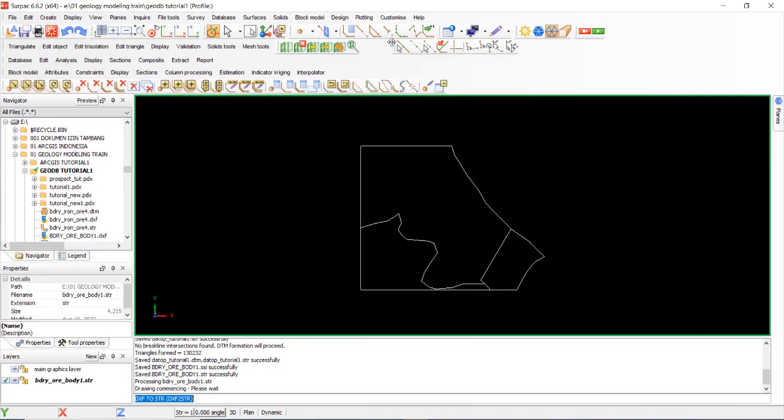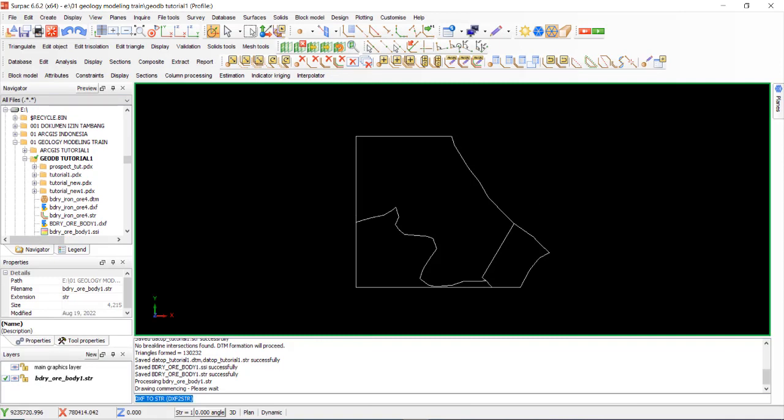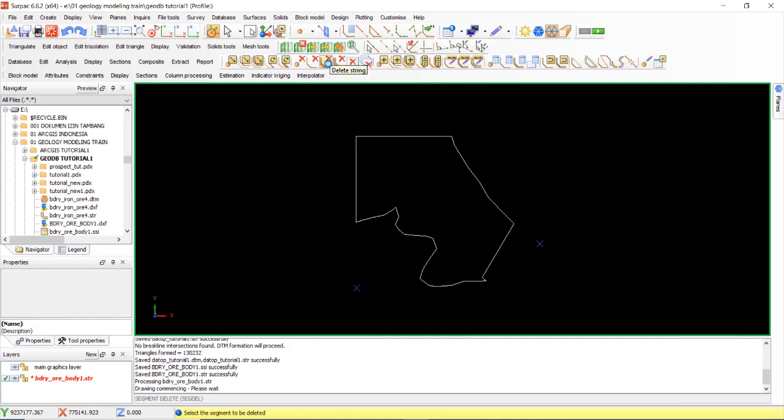Okay, move this toolbar. Okay, we delete the other, but not here. Select delete segment. Okay, not select string, not delete string, but delete segment. Okay, save file.